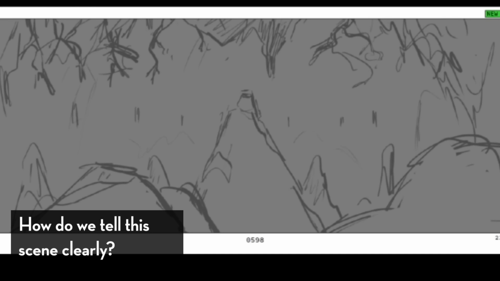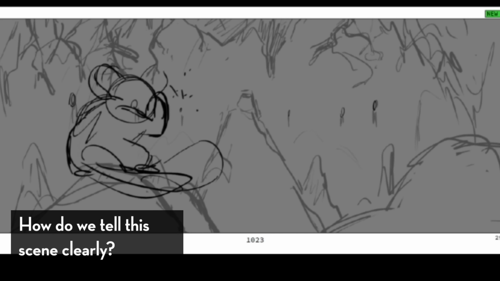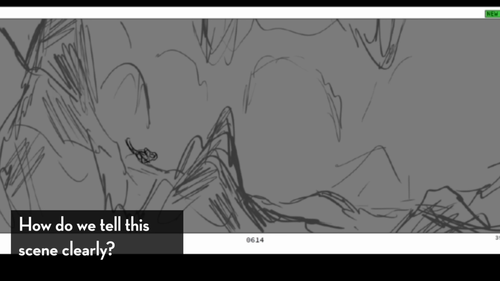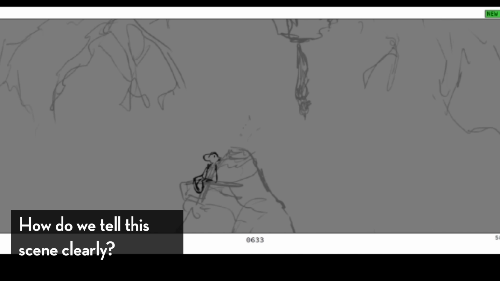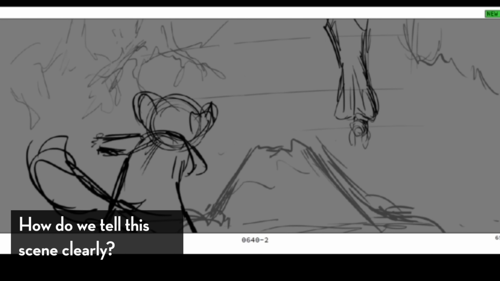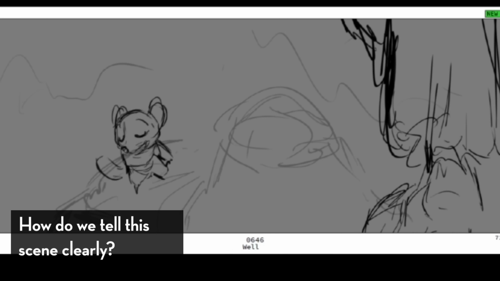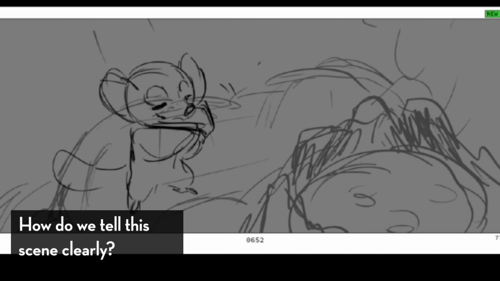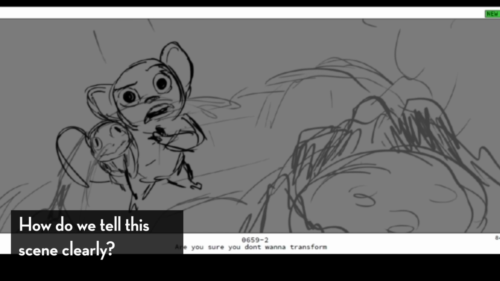The next question is, how can I show the scene clearly? What is the best way to show the scene visually? How do we optimize the scene so it doesn't feel like it contains too much information and distraction? What is the simplest and effective way to tell this first? What are some visual languages we can use to make the storytelling much stronger and sometimes symbolic?